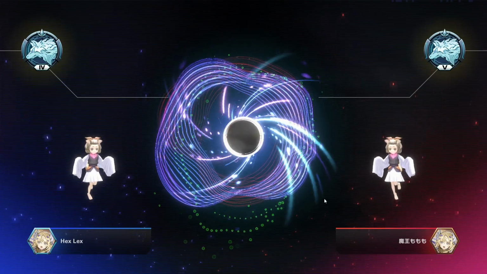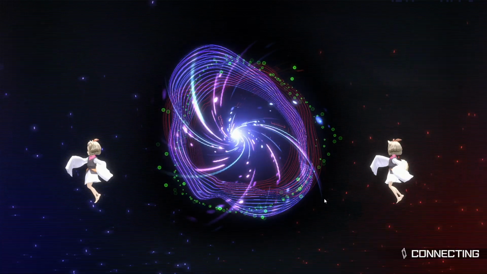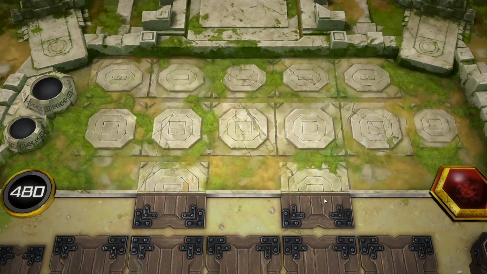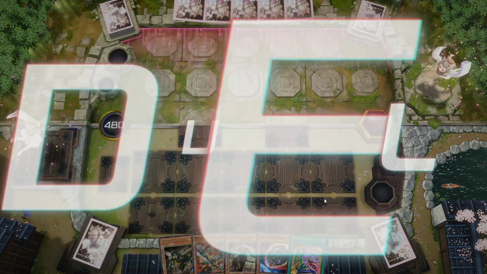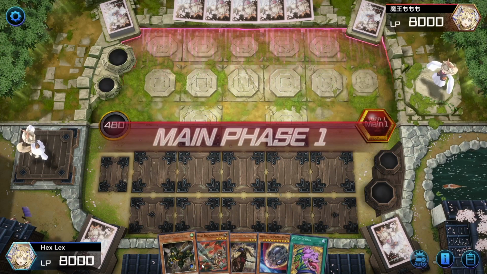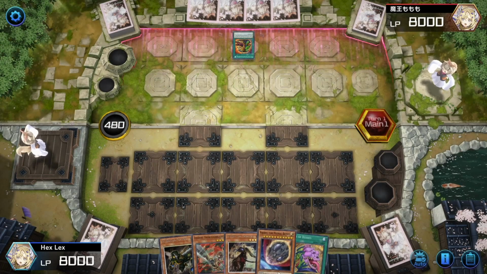Okay, next game here. Let's see what we've got for the coin flip. Alright. We do not win it, and we are going second. Now let us see what we see. We do have a Nibiru. The rest of the hand is pretty solid. I mean, this would have been a good going first hand, but...